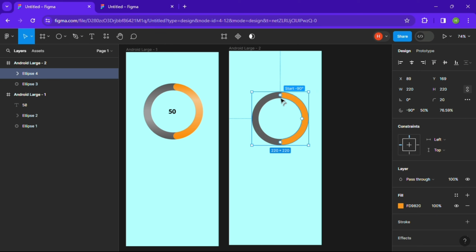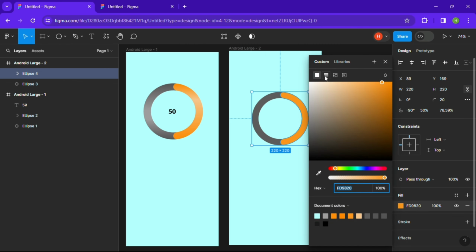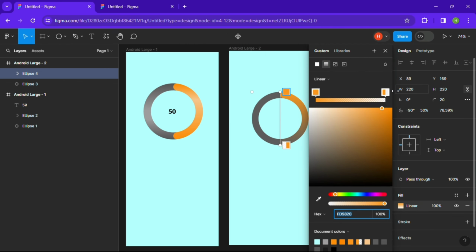Now for us to get this just like gradient stuff that is here, you can just come here, click it, then go and choose gradient, and the other one, change the opacity back to 100 and create another here, pull it slightly forward, and you can just shift it up small. Same thing to the